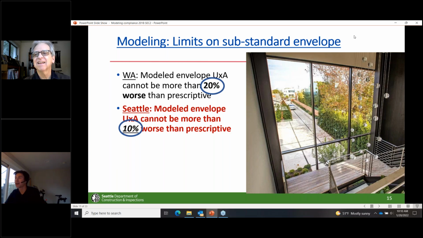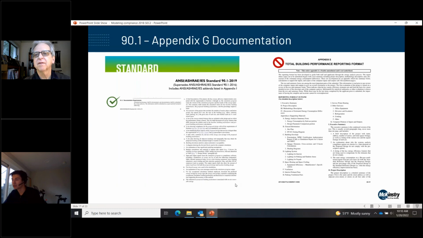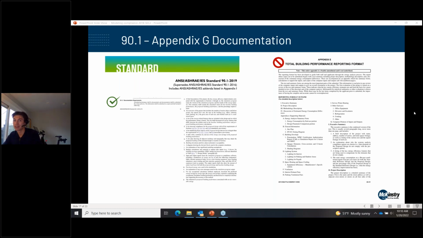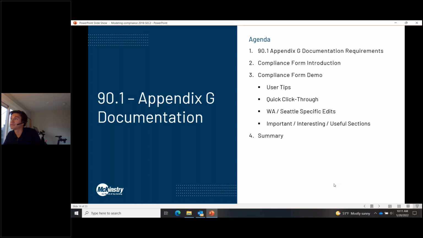Well, while that catches up, my name is John Kearns. I work with McKinstry. I've been with McKinstry for a couple of years. I worked in the energy group, doing ESCO and retrofit work for a couple of years, and then the last few years I've been on the building performance team on the new construction side. So I've got experience energy modeling a little bit in eQuest, a little bit more in IES, and have used the compliance form tool, which is what we're going to talk about today, on a couple projects, one that's actually gone through permit and everything, and then some that are going to be submitted soon.